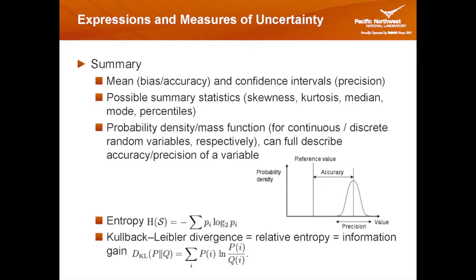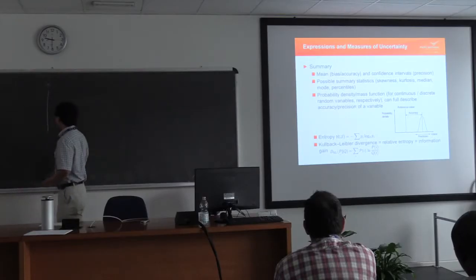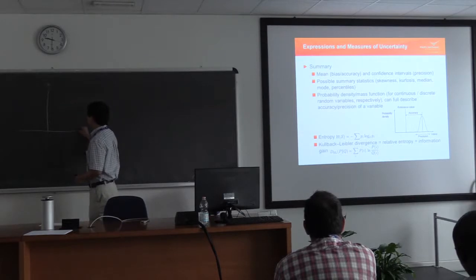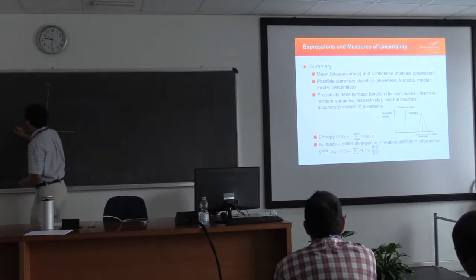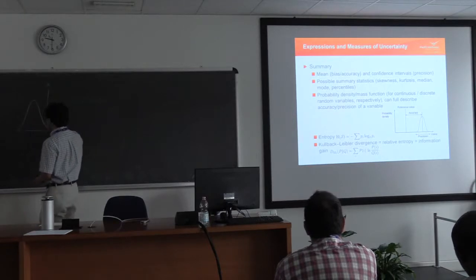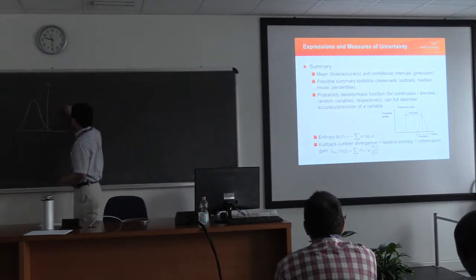In reality, you want to be both accurate and precise. It could be a situation that we are accurate but not precise, or precise but inaccurate. I don't know how many of you have heard about these arguments, precision and accuracy. I can explain it just using a few curves. In reality, maybe the true value is here, and we want to have a good handle on it. What if you have some measurement and it has this kind of distribution compared to this kind of distribution,